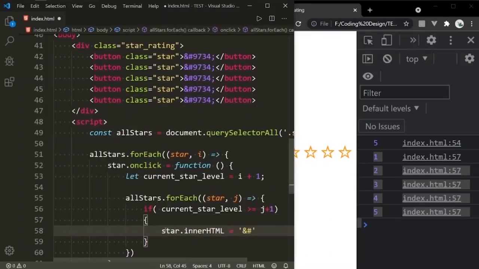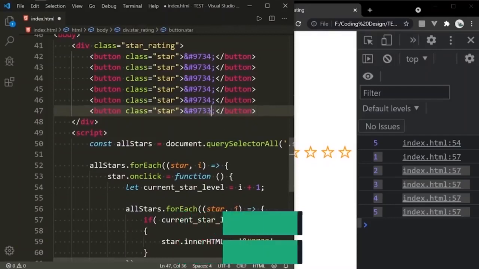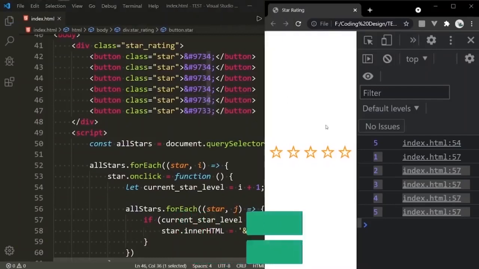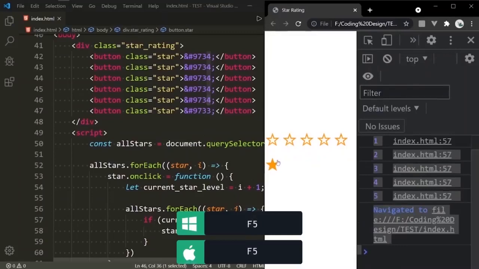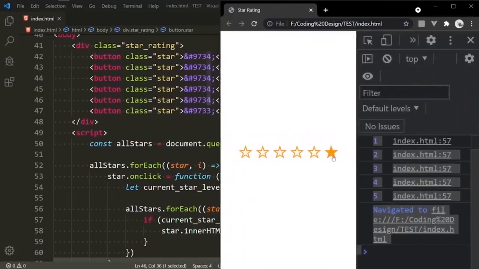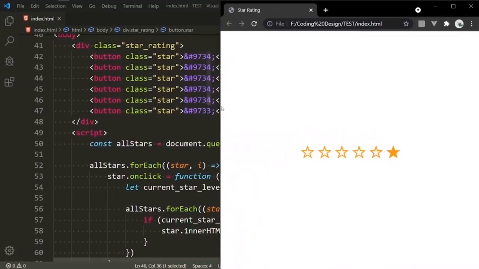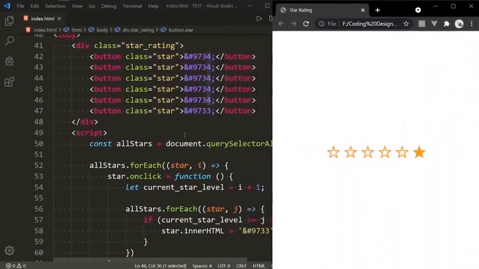So this will give me a colored star. Let me show you in the browser. Yeah, this colored star you will get, and with 9734 you will get a border star, and with ampersand hash 9733 that will give you a filled star.